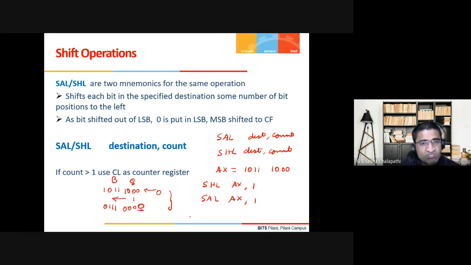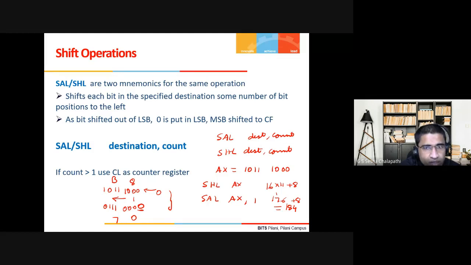B8 is how much in decimal? 16 into 11, plus 8. 16 into 11 is 176, plus 8 is 184. And this is 7, 70, right?